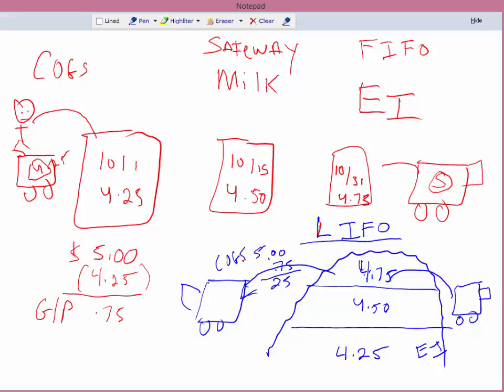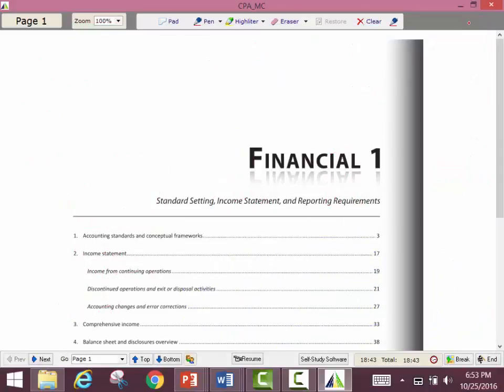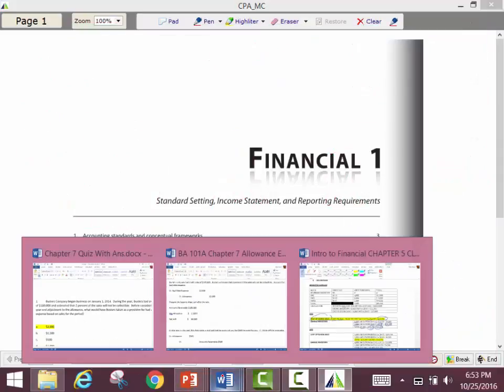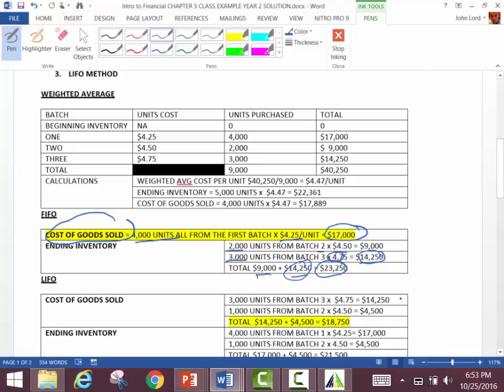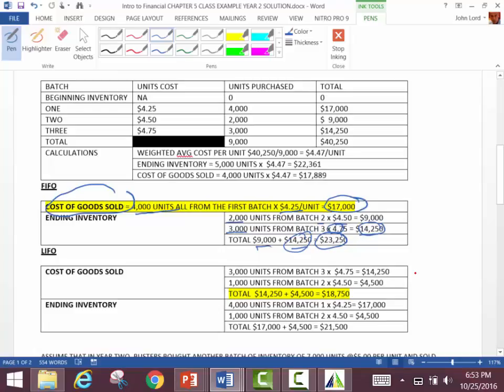Okay, now, you get the idea of the flow here? Okay, so let's go back to our little example, and let's use now the same exact facts, but now the company chose LIFO. So what happens? Well, remember, for all these, we're going to figure out cost of goods sold and ending inventory, aren't we? So let's do our cost of goods sold first, and they assume that they